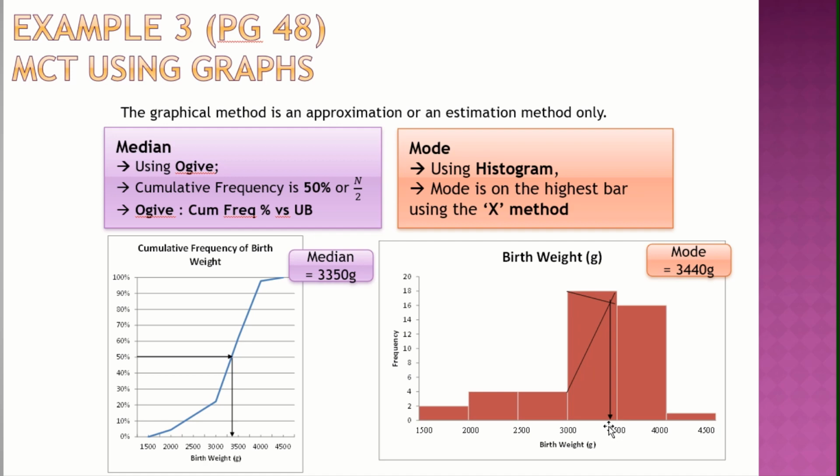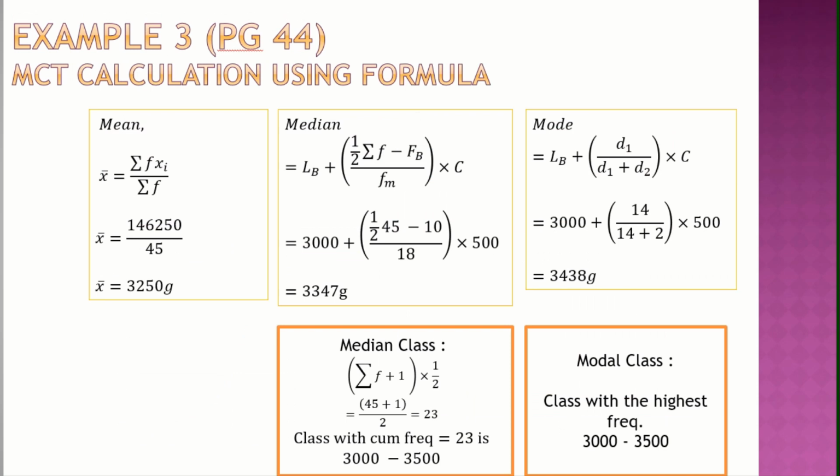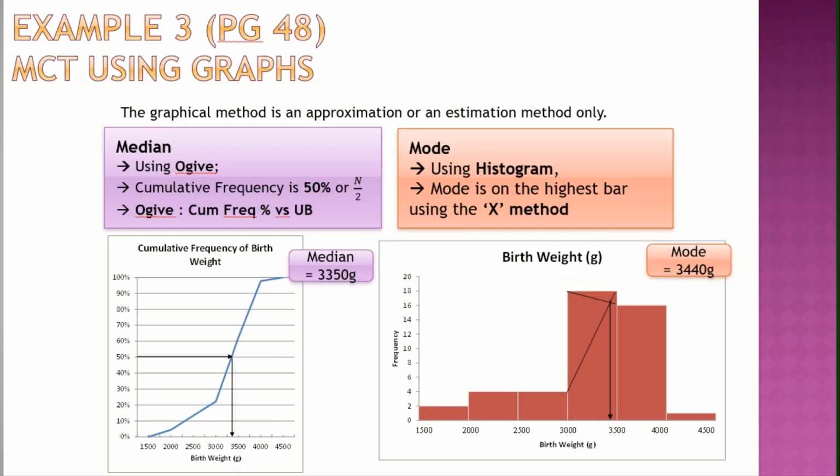Apply the formula. You know the mode formula we were doing just now? Apply this formula, calculate. Your answer should be about close by. So you are checking your work. Your answer should never be wrong. If you use the formula and your answer is very different, then you pretty much know your graph is wrong.